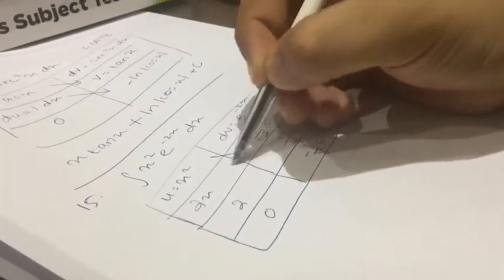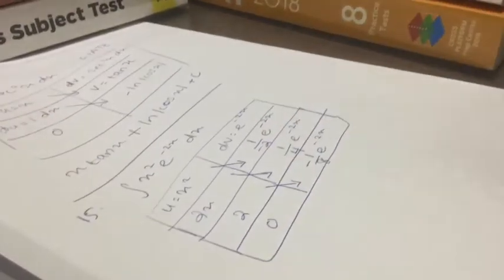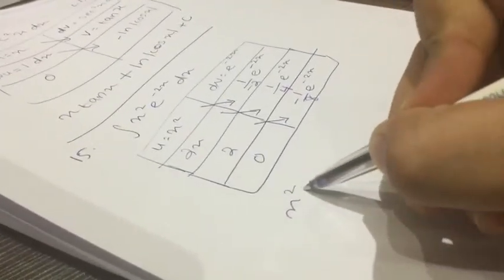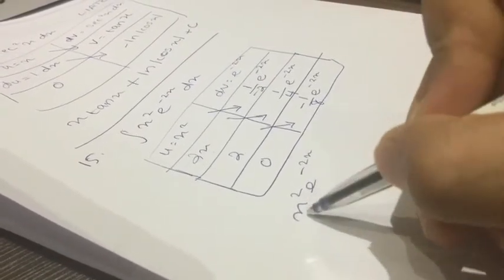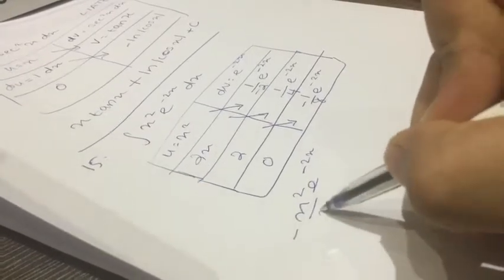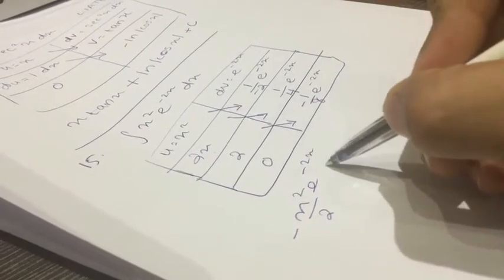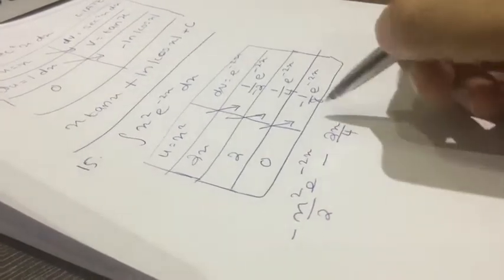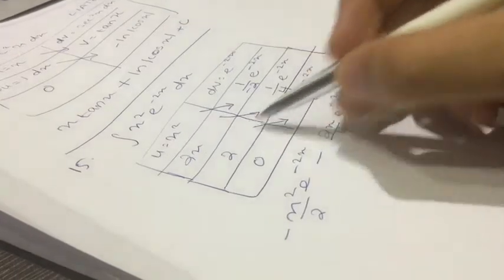So this one times this one, minus this one times this one, plus this one times this one. So x squared e to the power of negative 2x over negative 2. Now this one times this one should be minus 2x over 4 e to the power of negative 2x, and plus the last one,